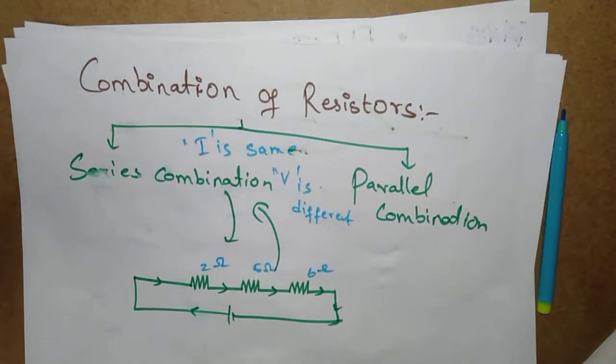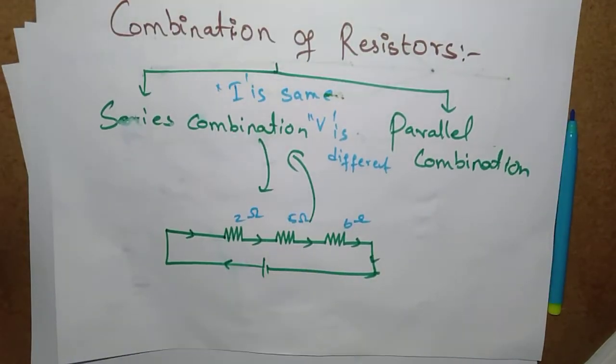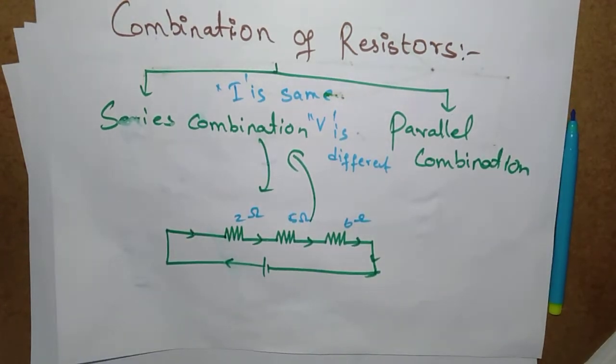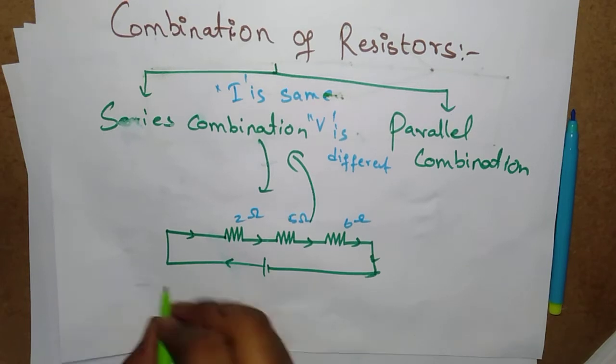equivalent resistance. There are so many resistances. We can't say the value of resistance is so much, but we can say the equivalent resistance, the approximate resistance. So for series combination, the approximate resistance or equivalent resistance,